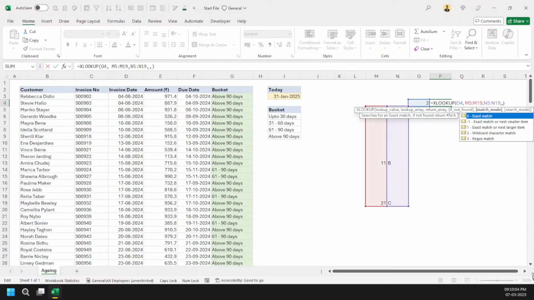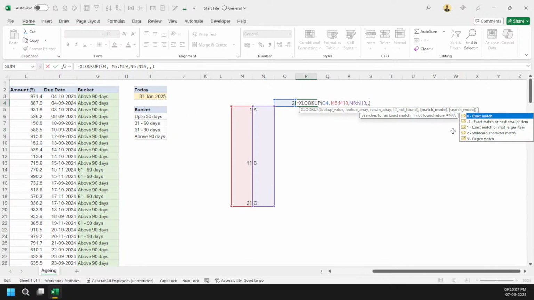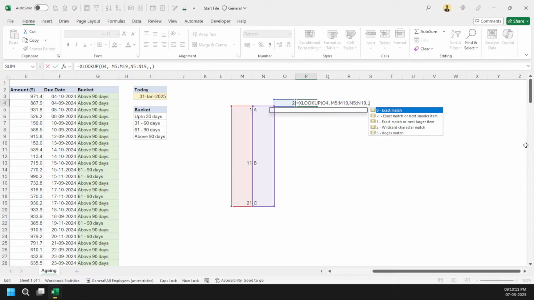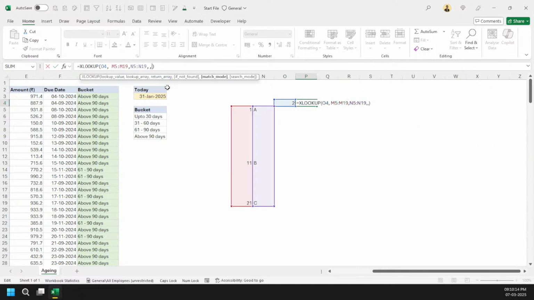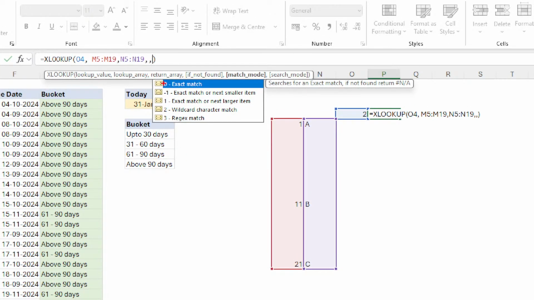So what am I trying to say is just see here. Weird, why it is moving there. Yeah, let me zoom it a bit. So you can say that either I want the exact match, in our case we have no exact match, or next smaller item. Let's say here my value is 11. So I can jump, jump, jump, jump, jump, and then reach here. Got it? If I'm reaching here, I am more than happy, right?